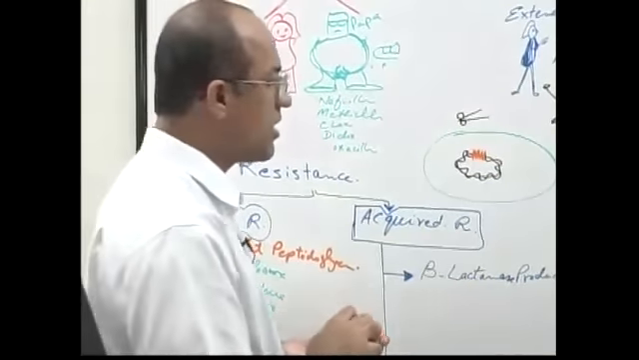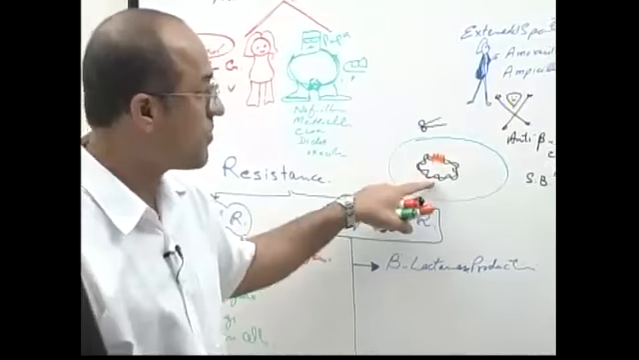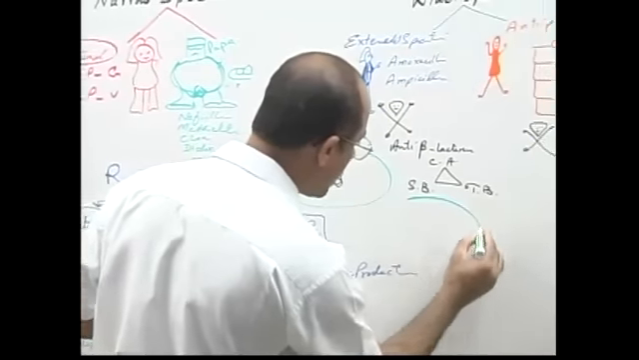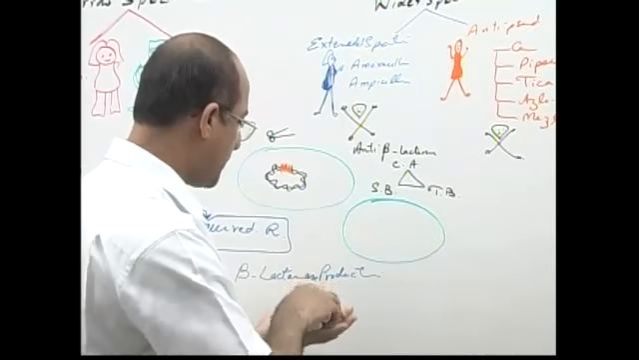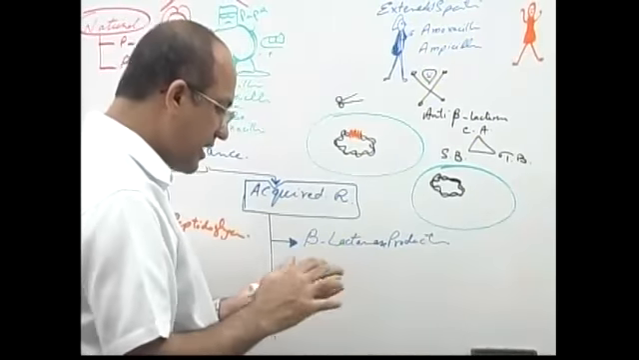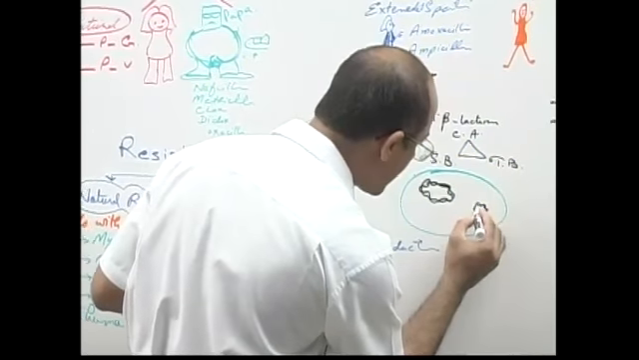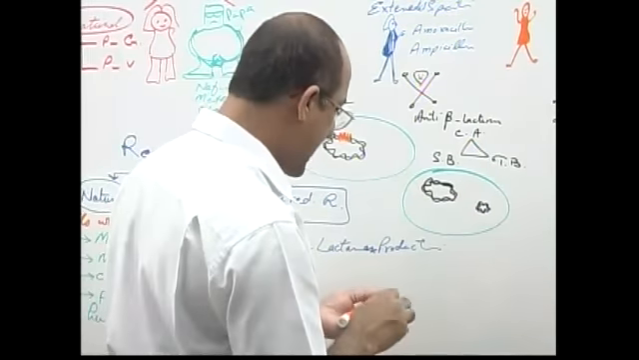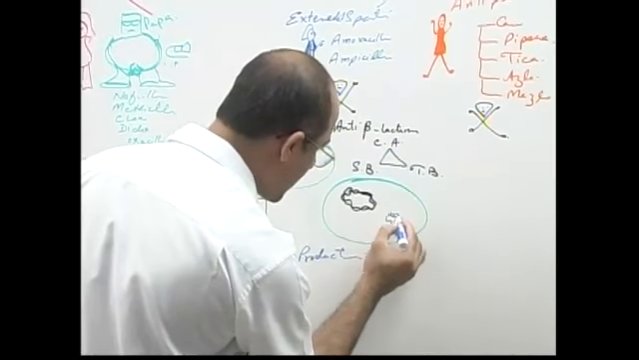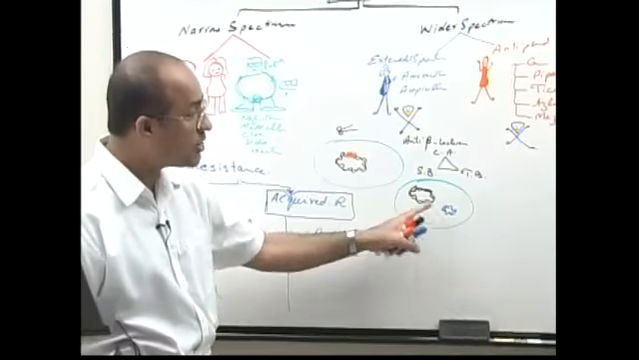Or in some bacteria, the genetic material coding for the beta-lactamases is not present in the chromosome. Rather, look here, here is the chromosome of the bacteria, and here is extra-chromosomal DNA. What is this? Extra-chromosomal DNA is called plasmid. Have you heard of plasmid? Some bacteria have plasmids. Plasmids are extra-chromosomal genetic material which can auto-replicate. It can replicate independent of